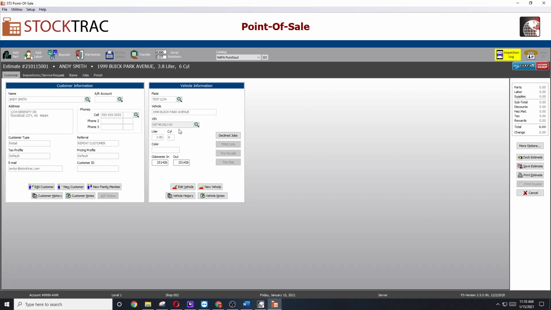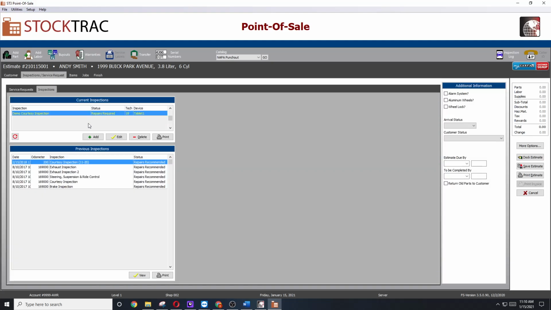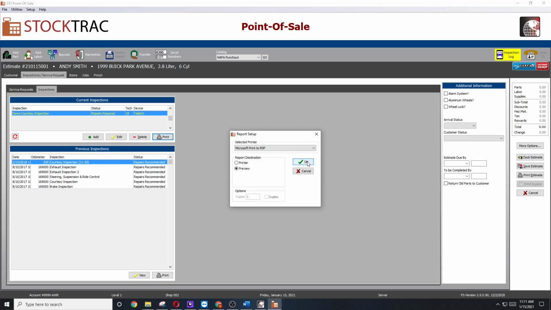Now you'll notice, now that we're back into the estimate, the license plate and the odometer have been filled in, transferred from the inspection tablet. And if we go over here to the digital inspection, it shows you the inspection that was done, what was found, the technician that did it, and the device that it was on if you have multiple tablets. And from here, you can print out the inspection,